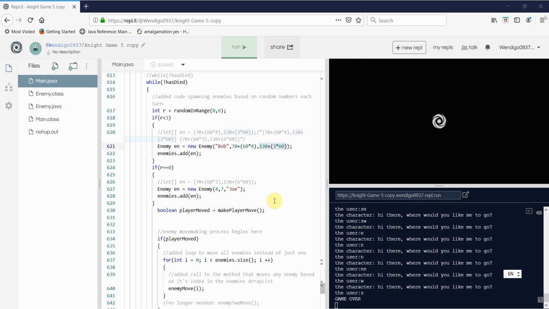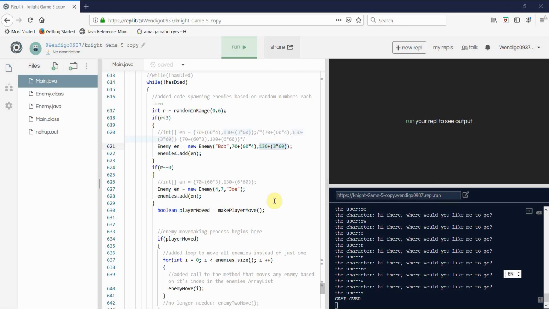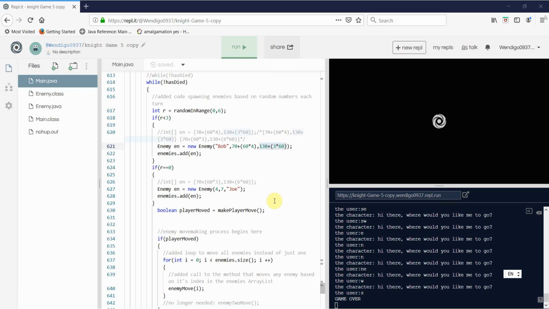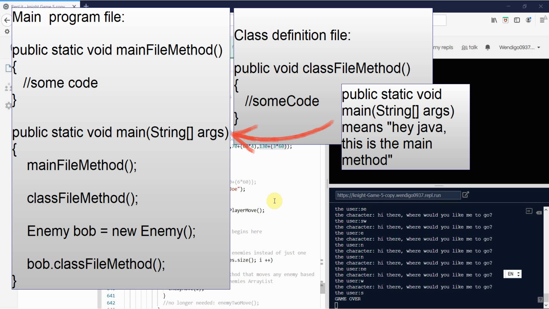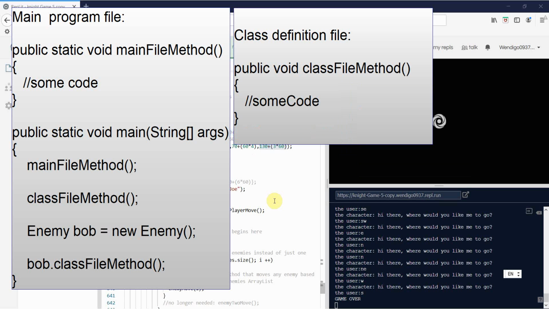Now I would like to inform you that you can define non-constructor methods inside a class definition file. You might be wondering why we would be able to do this, or how doing this would even be any different from defining a method in the main program file. The difference in meaning to the computer between a method defined in the main program file and a method defined in a class definition is that a method defined in a class definition is called with the syntax: insert name of an instance of the class here